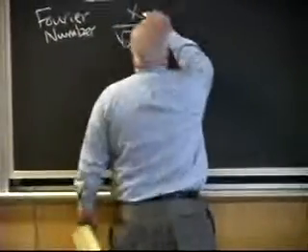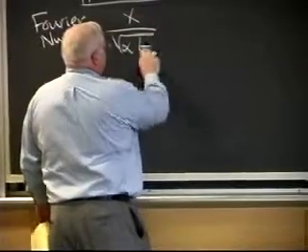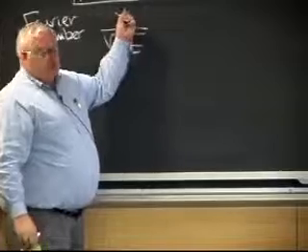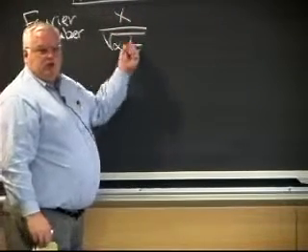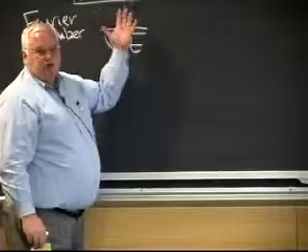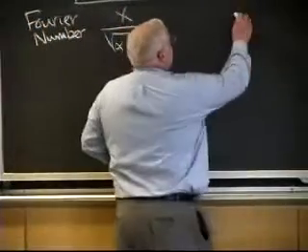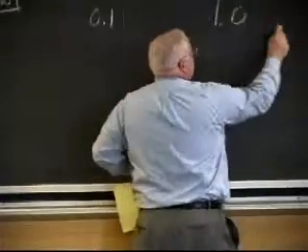Anyway, the Fourier number is the distance that heat travels divided by the square root of thermal diffusivity times time. Well, you can tell it's a dimensionless number. If that's centimeters, this is centimeters squared per second times time, which is the square root of centimeters squared, which is centimeters. Okay, everything drops out. So it's dimensionless. If the Fourier number is 0.1 or 1 or 10,